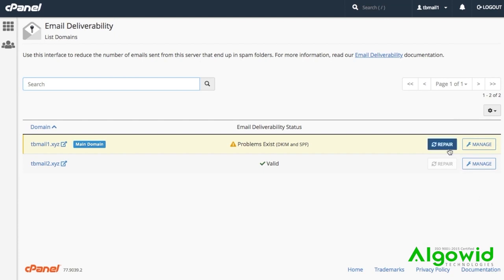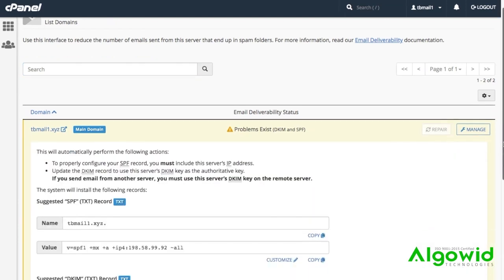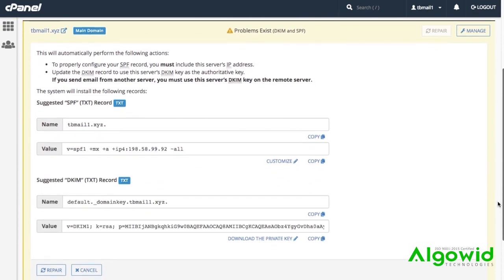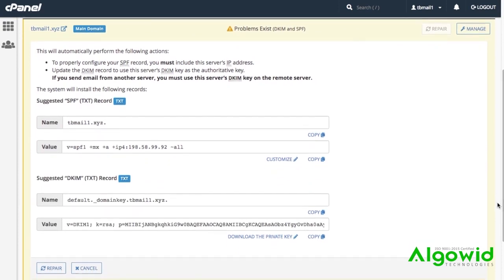Let's click Repair. The system displays the repair interface. This feature lets us quickly address any problems with our domain's records. It allows the system to repair a domain's invalid records with its recommended changes. Note that this option is unavailable if the system does not control the domain's DNS records. In that case, you'll have to contact the person responsible for that domain's name servers and ask them to update